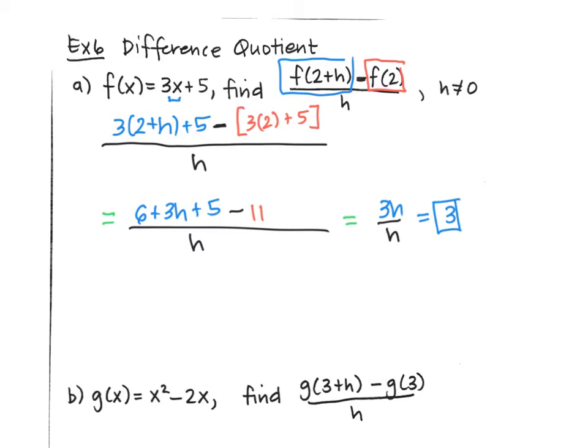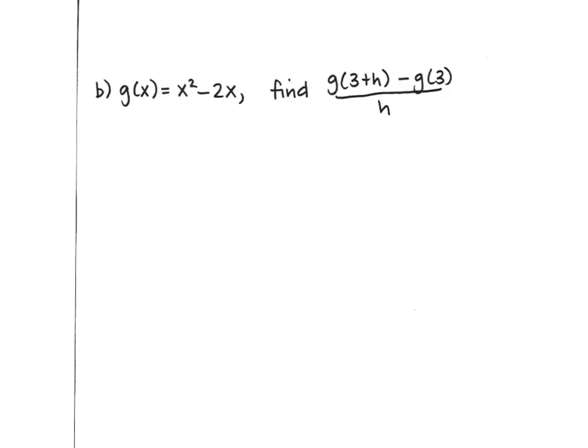Okay, so my final answer is 3, and at the end of a difference quotient, there should always be something canceling, and the h in the denominator will always cancel because you don't want to leave 0 in the denominator anyhow. We are going to go ahead and do one more example just like that last one